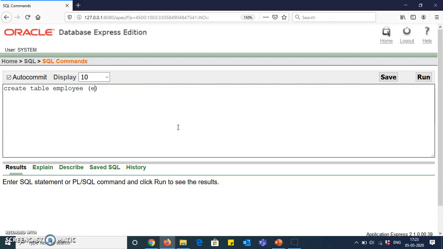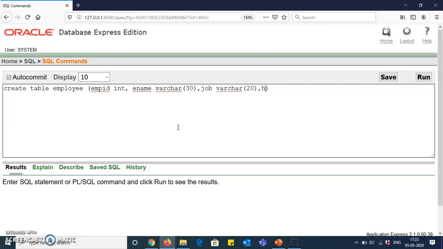So initially I will just insert two columns, EMP-ID, with I need to specify what? A data type. After EMP-ID I can insert ename, employee name, which is varchar. I need to specify the size. I have specified the size. Next is I need to insert job. Job is again going to be varchar. So I am again specifying the size for job.